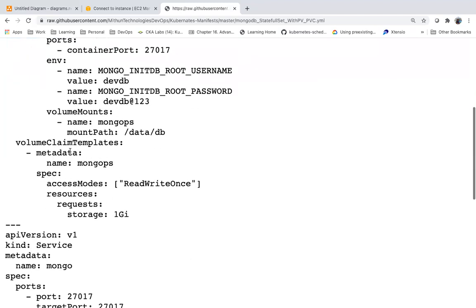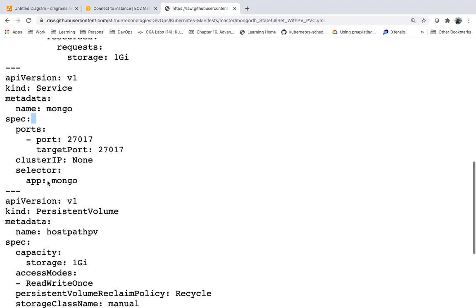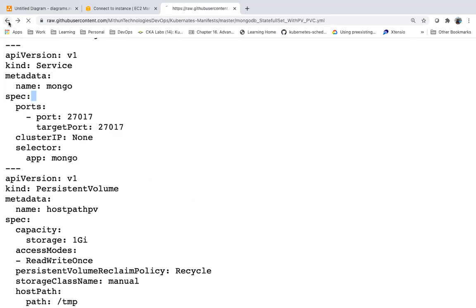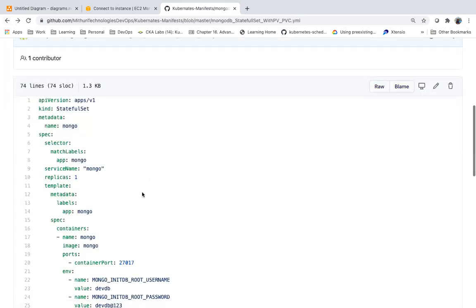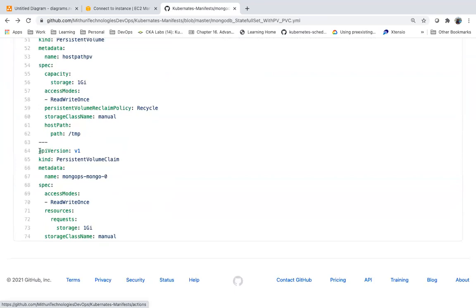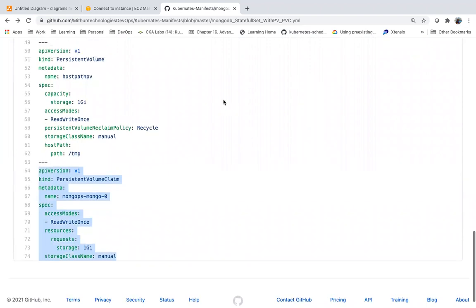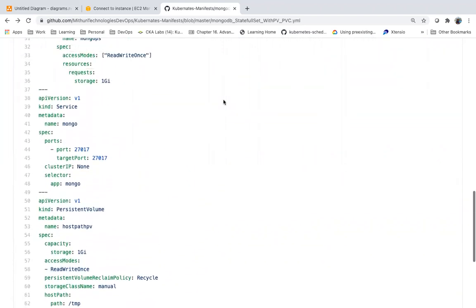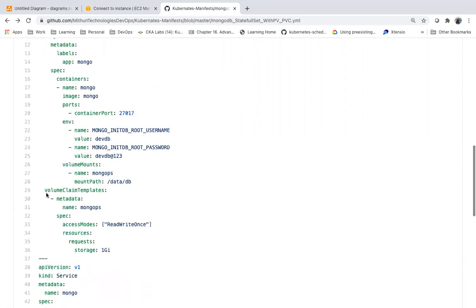Then we are creating a service. You need not create a persistent volume manually. Suppose you don't have a storage class configured and you just mention claim templates,